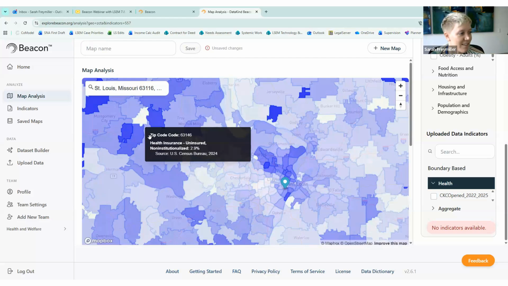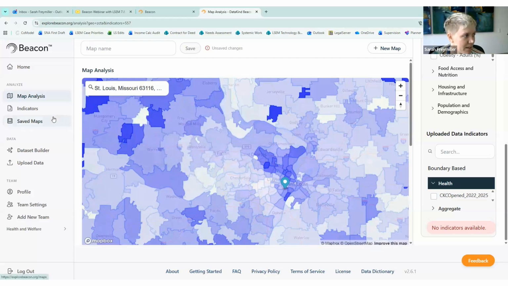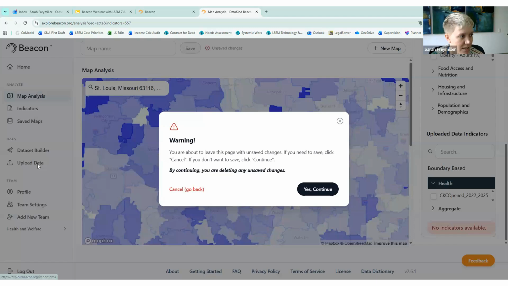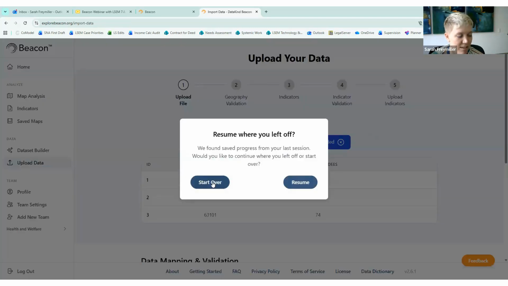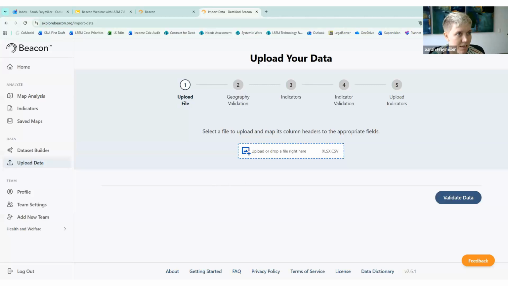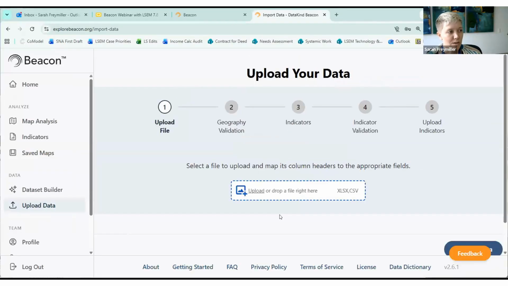Alrighty, I'll move on to the next section, which will be creating an indicator. So you can go to upload data here. I am going to continue and lose my changes. I think that the upload data is so exciting because it just gives you such a great way to put your information into context in a safe, secure way with the existing publicly available data.